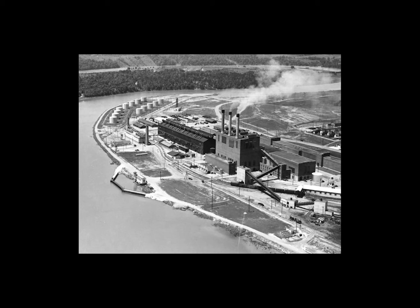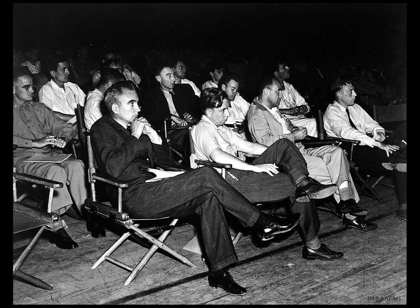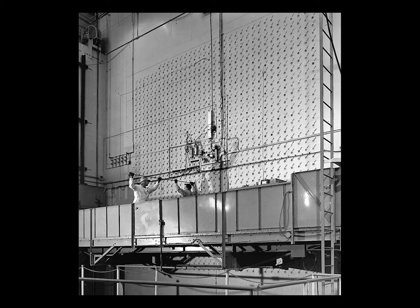The project was also charged with gathering intelligence on the German nuclear weapon project. Through Operation Alsos, Manhattan Project personnel served in Europe, sometimes behind enemy lines, where they gathered nuclear materials and documents, and rounded up